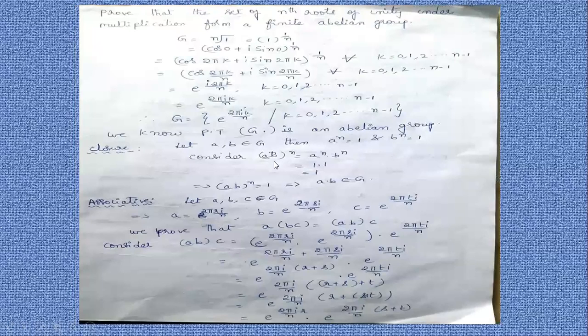Next, we are moving to the commutative property. Let A, B belong to G. We now prove that A circle B equals B circle A. Now we are considering A circle B. A circle B means A plus B minus AB. Now we interchange: A plus B equals B plus A, because A, B belong to Q, implies A plus B equals B plus A and AB equals BA. So it equals B plus A minus BA, which equals B circle A.